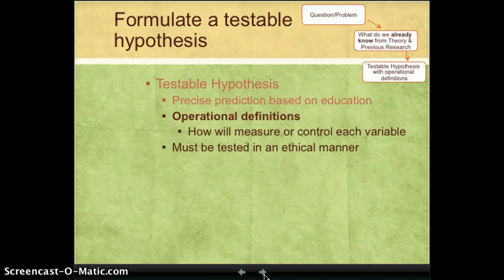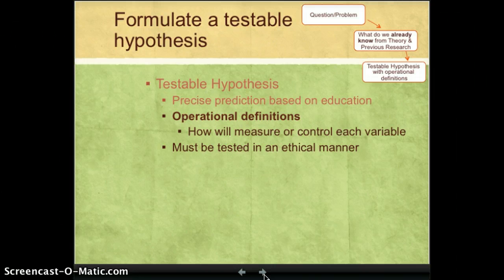The other important piece about the hypothesis is that I must be able to test it in an ethical manner. For example, Freud's theory, the psychoanalytic theory in Chapter 1, his theory suggested that abuse as a child would have a significant impact on adult behavior, and that adults who had been sexually abused, for example, as children, would have pretty severe psychological problems as adults. Now, in order to test that particular hypothesis